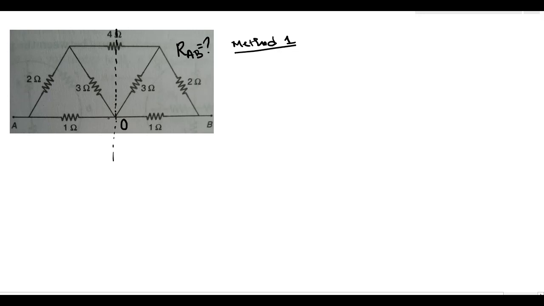And what happens in this case is that the current that is flowing through this 3 ohm, let's say this is I1, then the same current will flow through this 3 ohm resistance on the right side. And if current I2 is flowing through this 1 ohm resistance on the left side, then the same current I2 will flow through this 1 ohm resistance on the right side. And let's say this current is I3 on the left side, then the same current will flow in this region, that is, this is also I3.